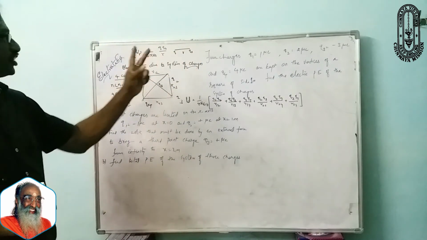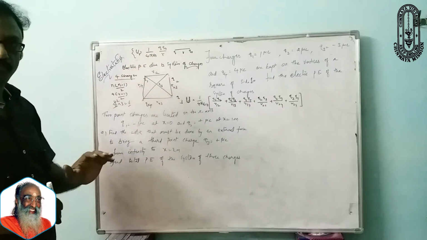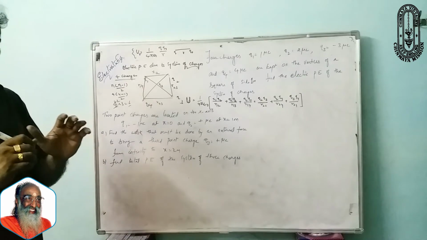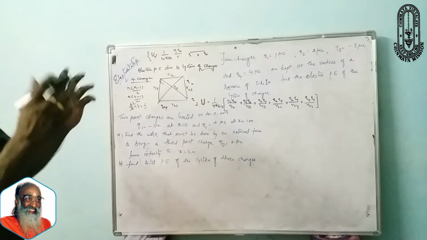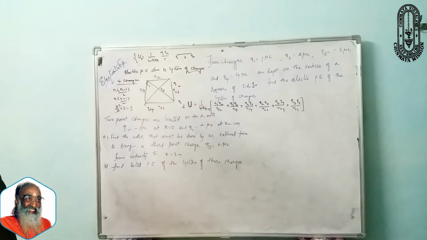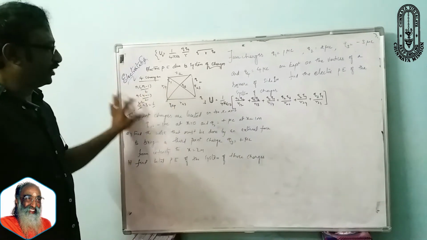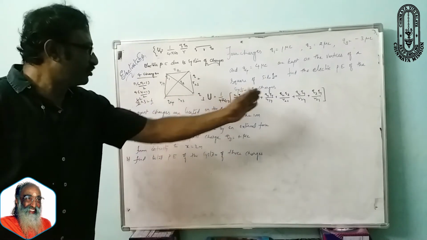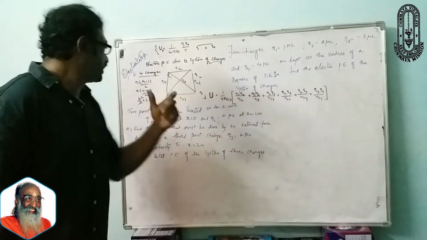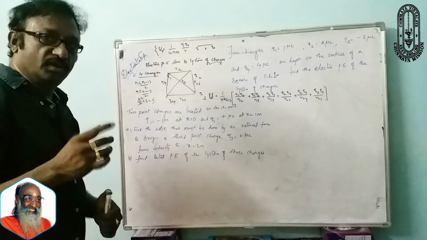If only 2 charges are there, U is equal to 1 by 4 pi epsilon naught, Q naught by R. And if there are more than 2 charges in the system, you can go by summing like this. Okay, so this is how to check it out. Just by this you can verify how many pairs are there. After writing the formula once, you check how many pairs there are using n into n minus 1 by 2. After understanding these two concepts, we'll go with the problem now.